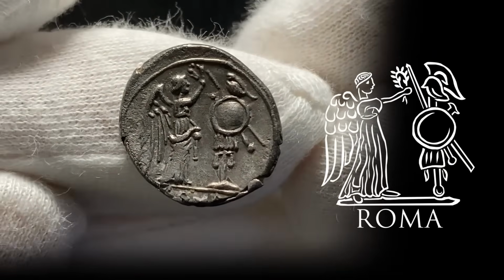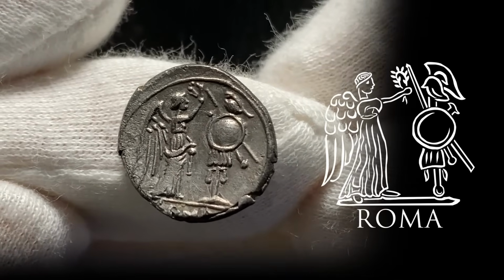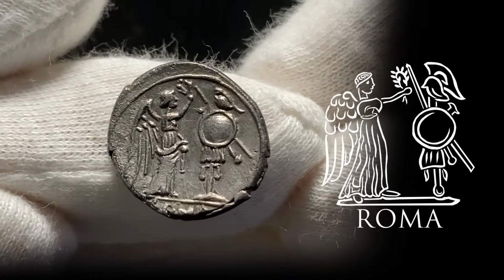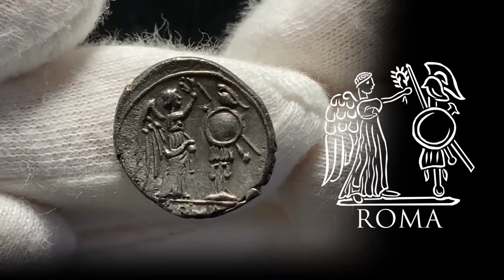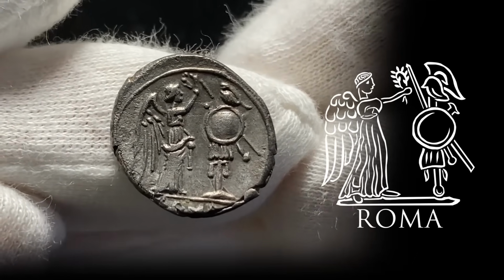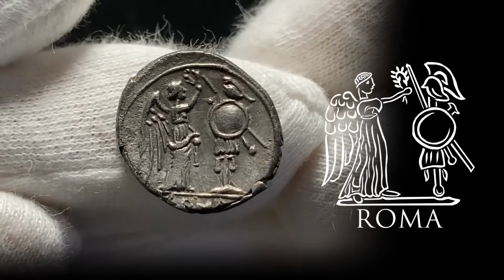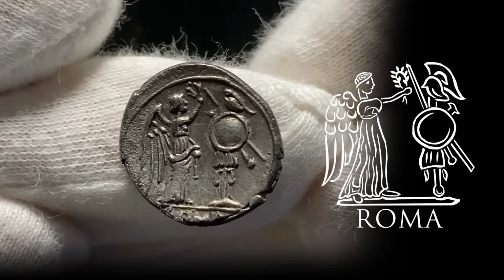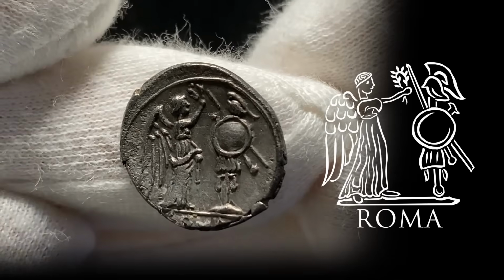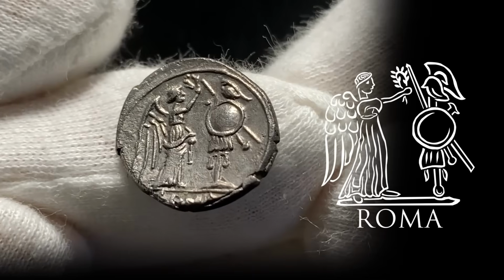That's where Victoriatus comes from, literally meaning coin that features a victory. She's crowning a trophy. Trophies were erected at the site of a battle to thank the gods for victory. They were made out of the best arms and armor that were collected from the defeated enemies. Now, notice the equipment that makes up this trophy. There's a circular shield, behind it there's a spear, and behind the shield there's also, if you look underneath it,